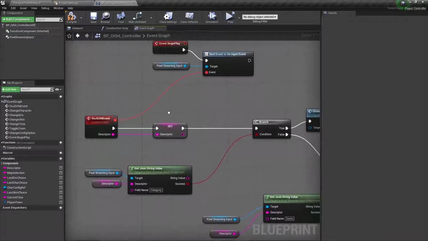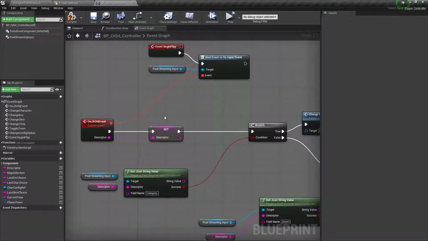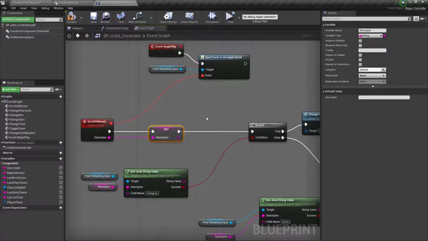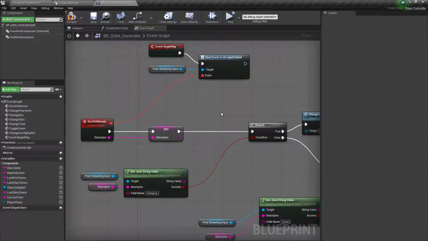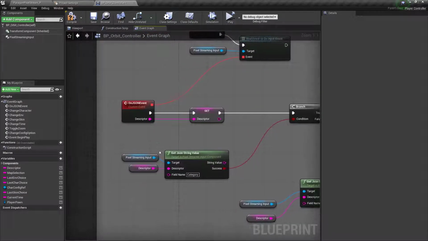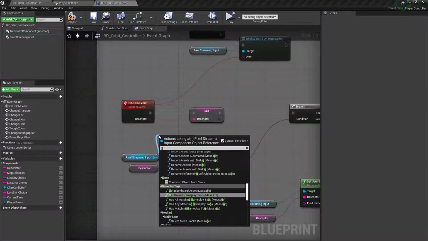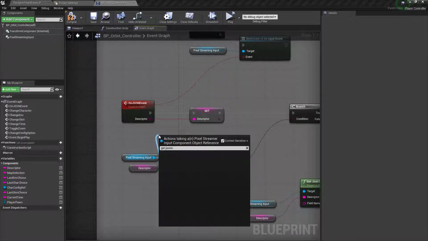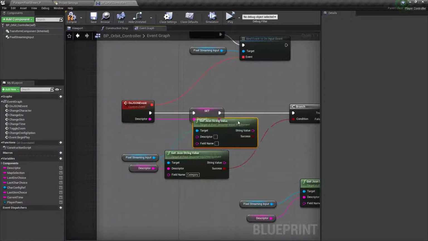Now, I just wanted to show you in the pixel streaming example project what is happening here. In this case, we set a new string value called the descriptor because we will be using this value a lot. And from the pixel streaming input component, you can drag something called getJSON string value, which I use here.